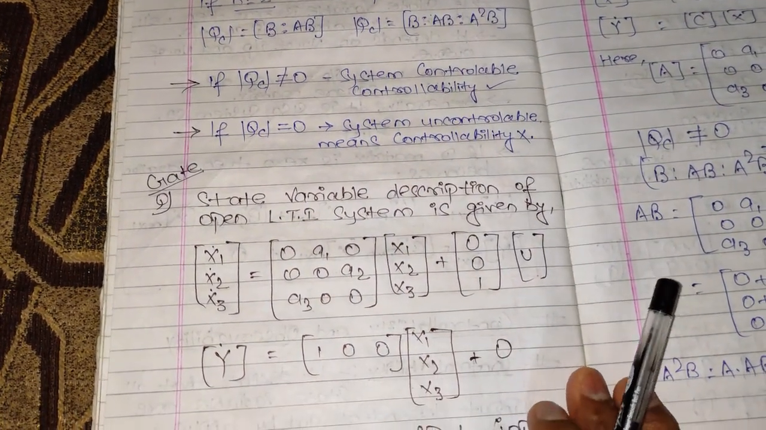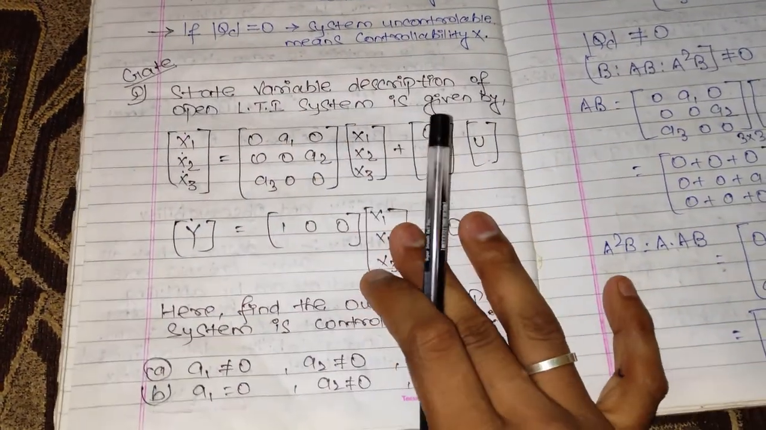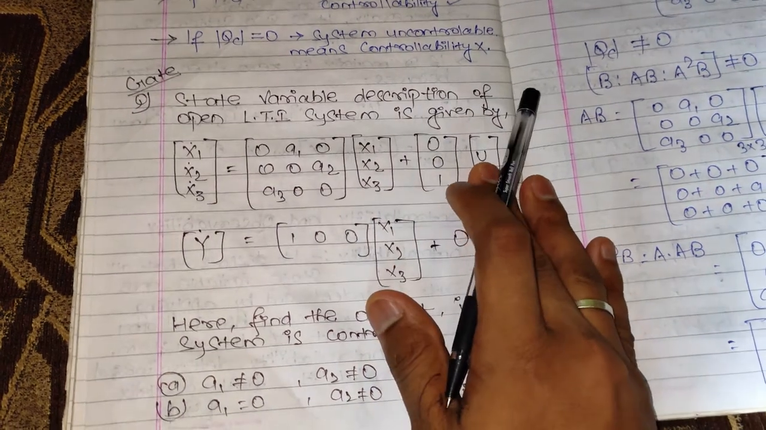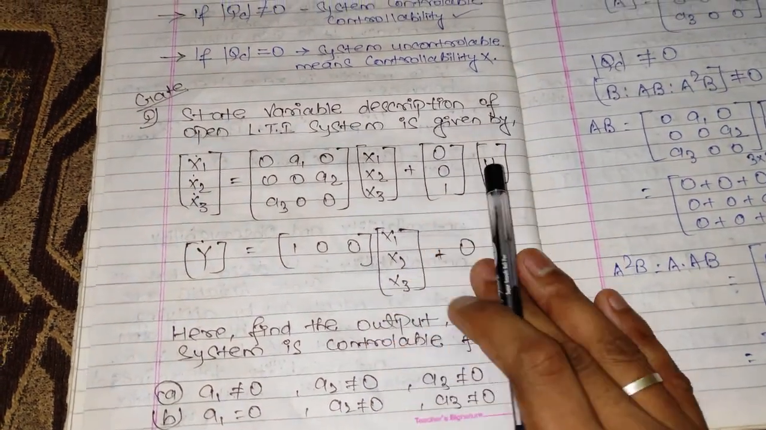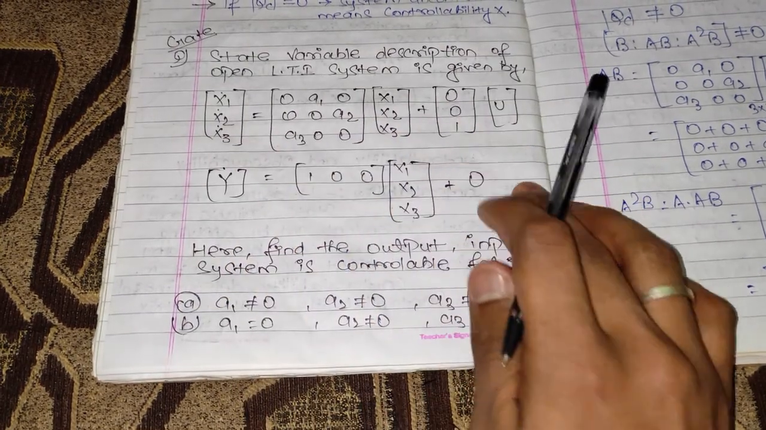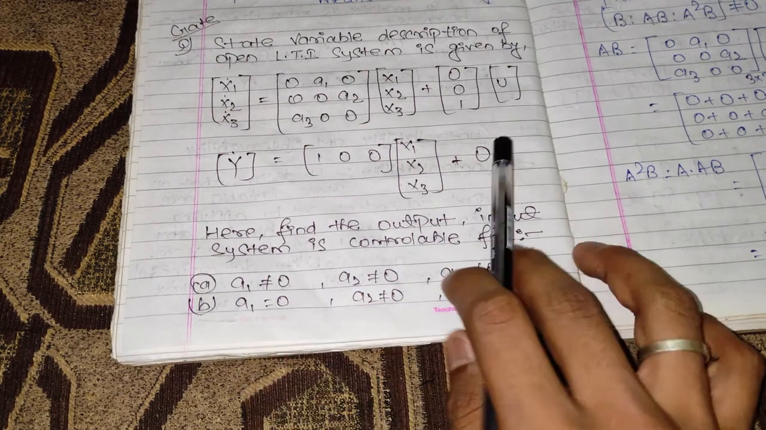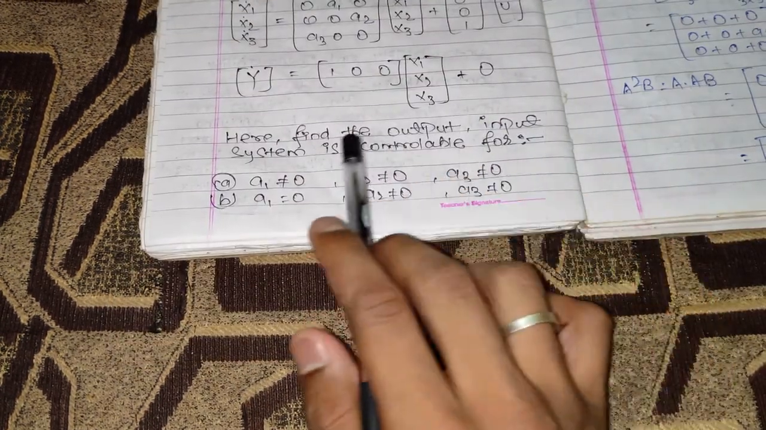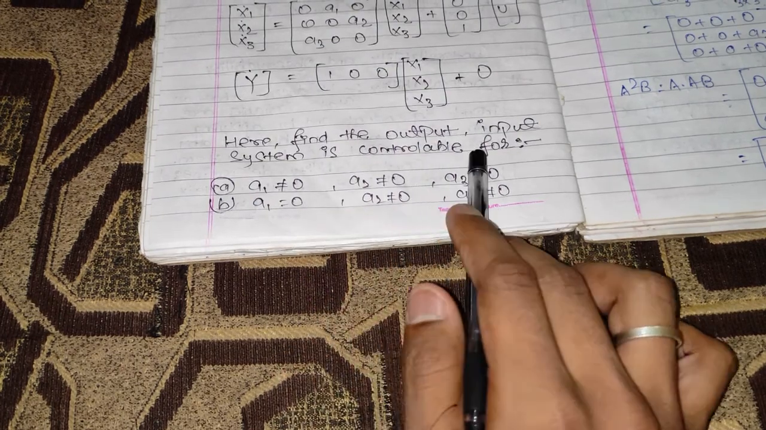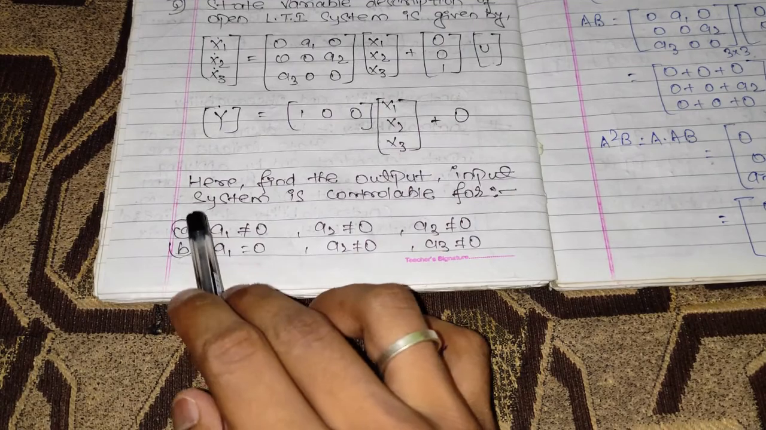Now it's difficult to understand, so let's have an example. It is a question asked in the GATE examination, I think in the year 2016. Let's see what it's asking. The state variable description of the open LTI system is given below. We have a system like this, and we have to find the output and the input if the system is controllable. If the system is controllable, then what kind of situation do we get? We have 4 options: A, B,